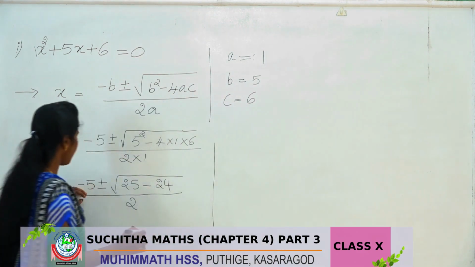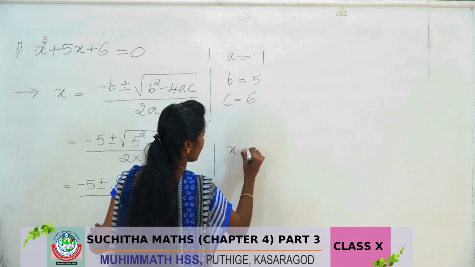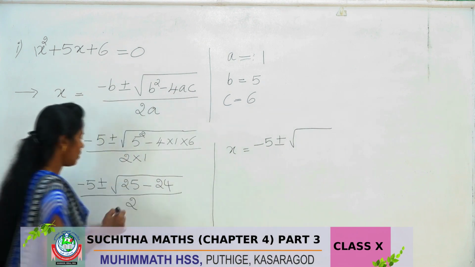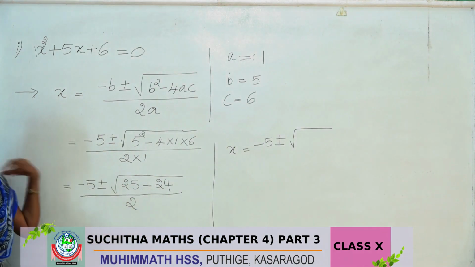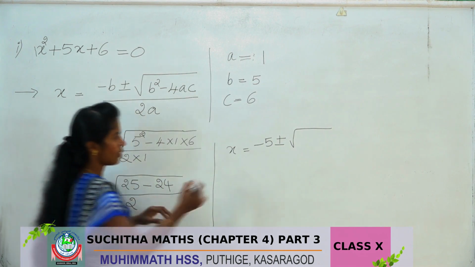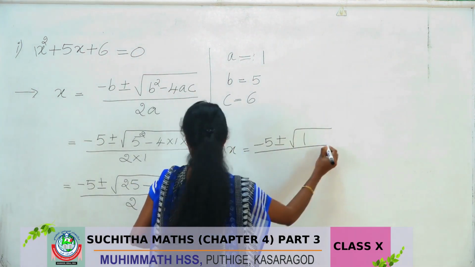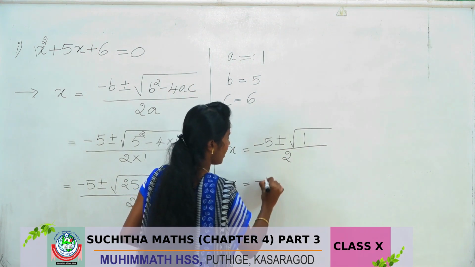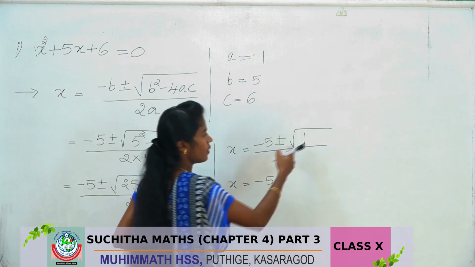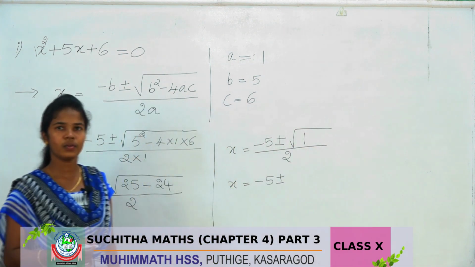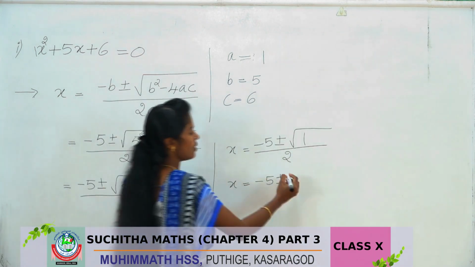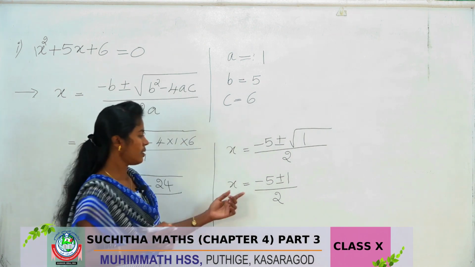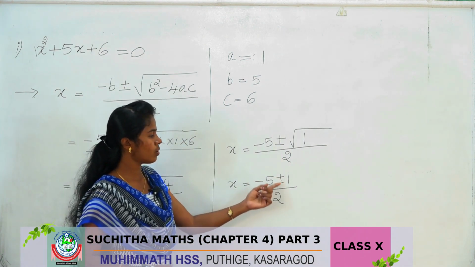That is minus 5 plus or minus square root of 25 minus 24. 25 minus 24 is 1, divided by 2. That is x equal to minus 5 plus or minus, what is the square root of 1? 1 into 1 is 1. Therefore, square root of 1 is 1 itself, divided by 2. That is x equal to minus 5 plus or minus 1